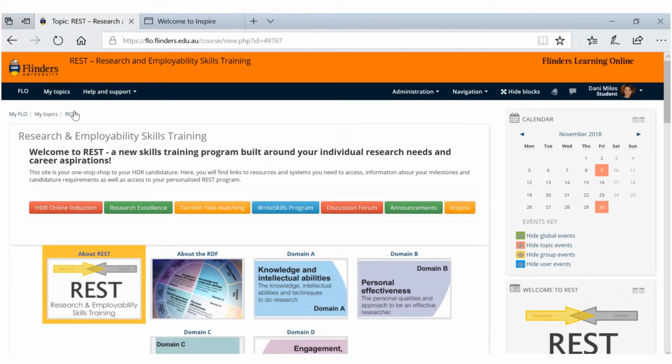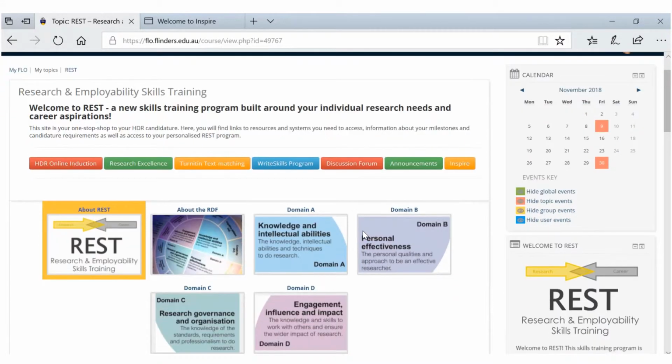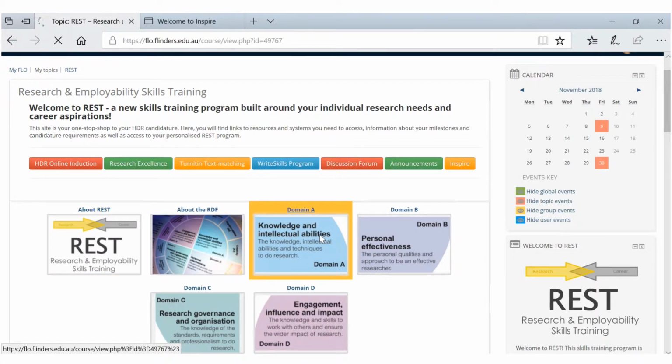So that's the RDF in a nutshell. What we've done with the REST flow site is divided it all into the 4 different domains. And each domain then has content and links to the relevant information. So for example, if we go into domain A,